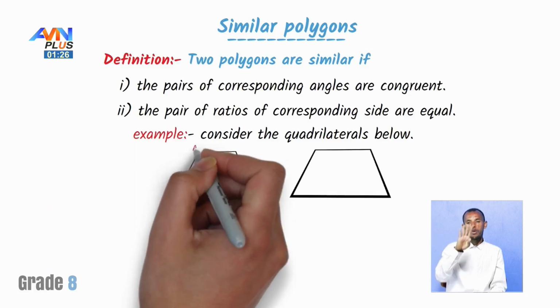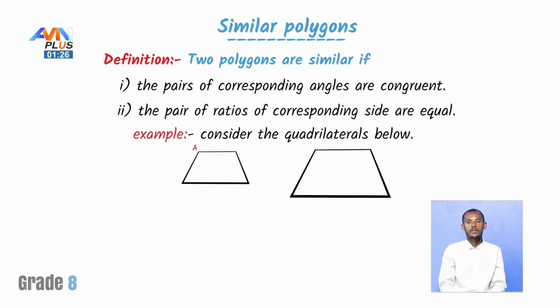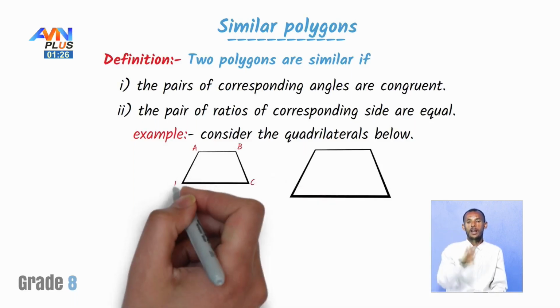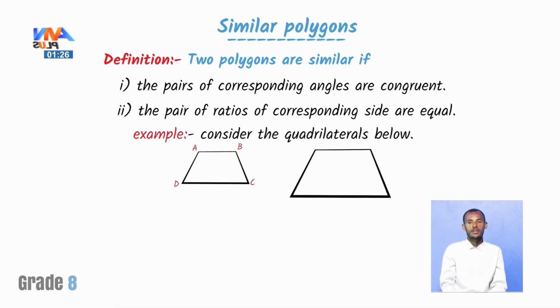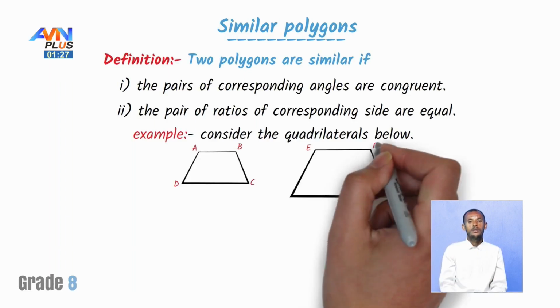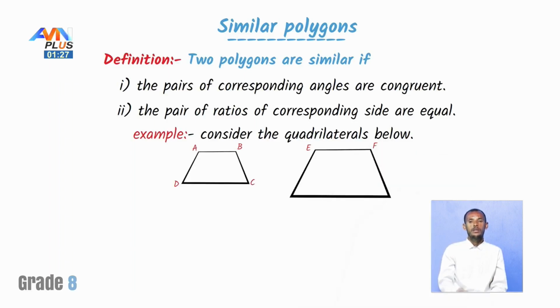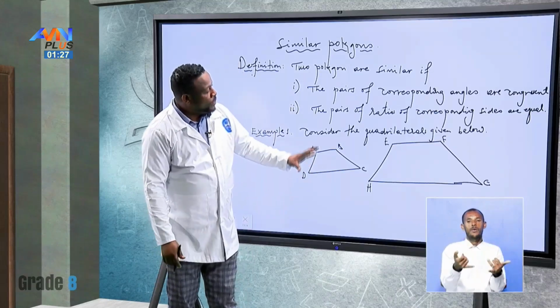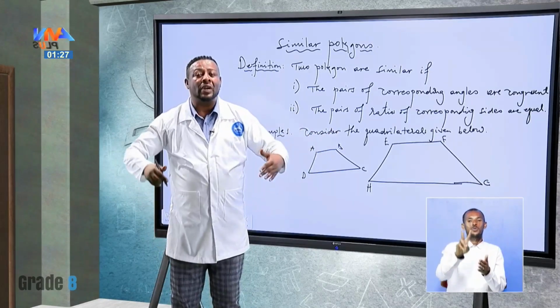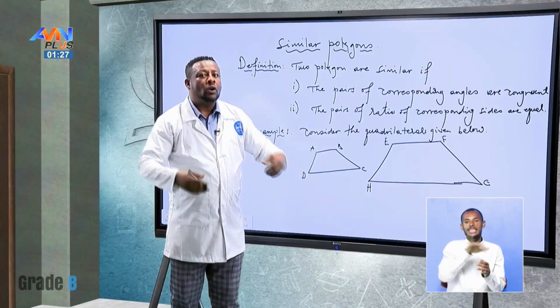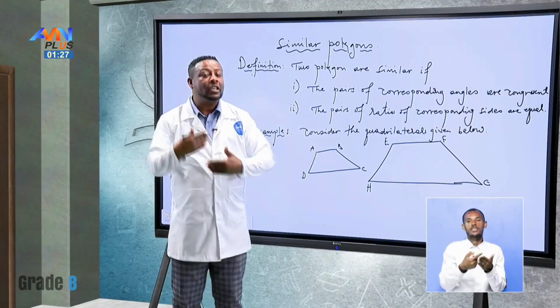So one of the quadrilaterals is a quadrilateral with vertices, say A, B, C, D, and another quadrilateral with vertices E, F, G, H. Okay. Now these two quadrilaterals are similar, or we can say these two quadrilaterals are similar if